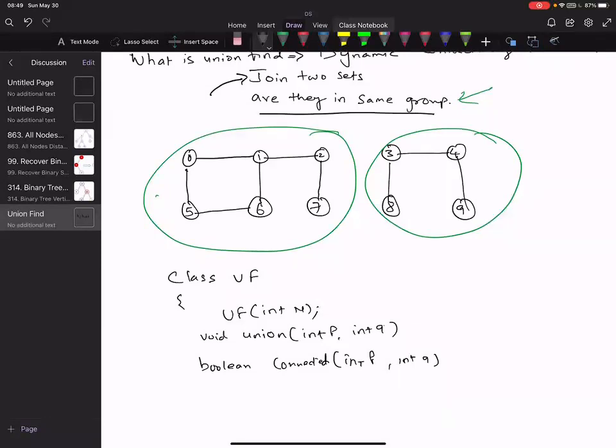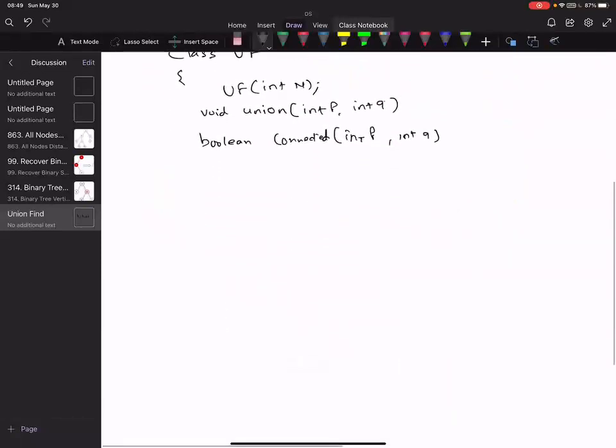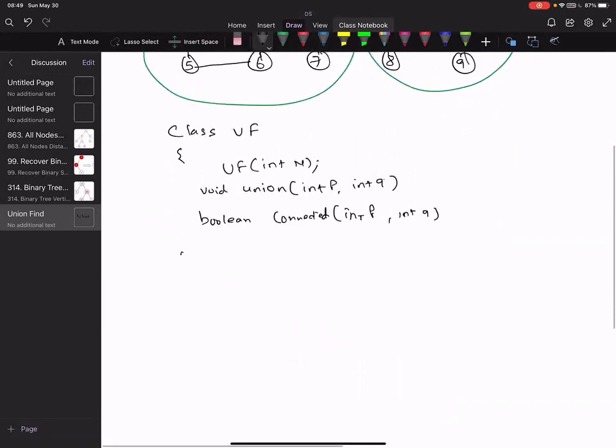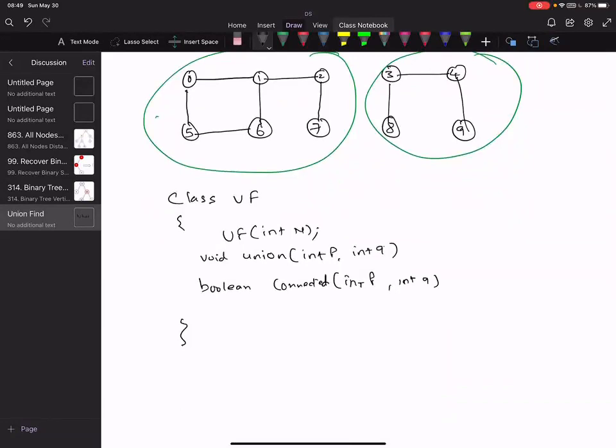Okay, so we will try to implement this data structure by going from a basic implementation to the advanced one that is very efficient. The first implementation we will call connected. Now the way this data structure works is that, suppose we want to create a union find data structure with 10 objects, I will create an array of size 10.